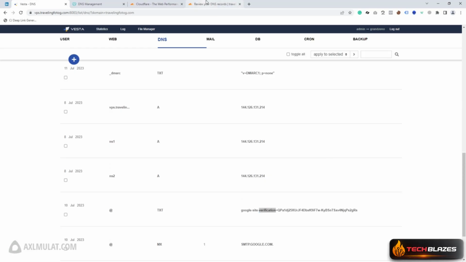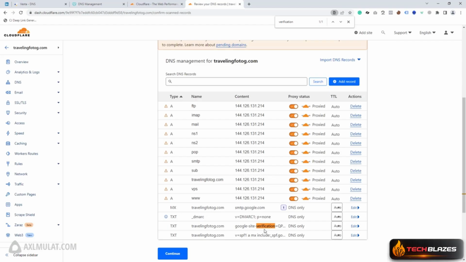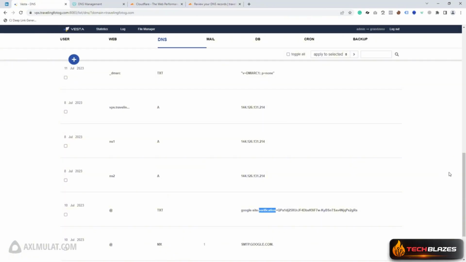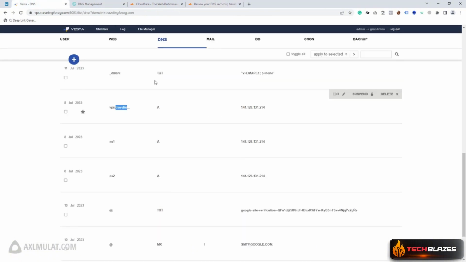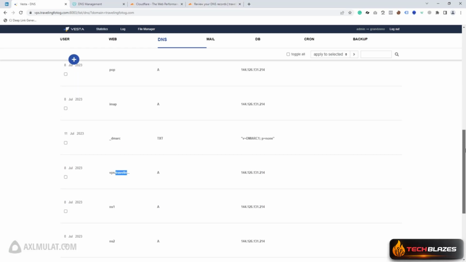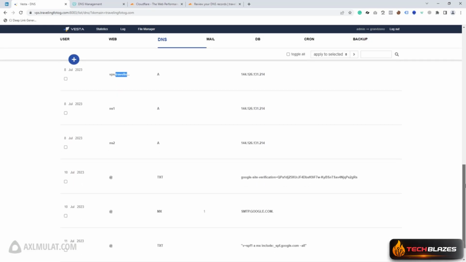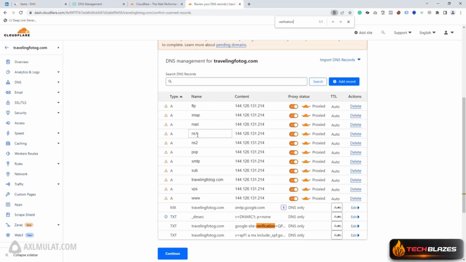Google site verification is already there. DMARC is already there, and VPS is already there. NS1 and NS2 are already there. NS1, NS2, which is very important. VPS, NS1, NS2,